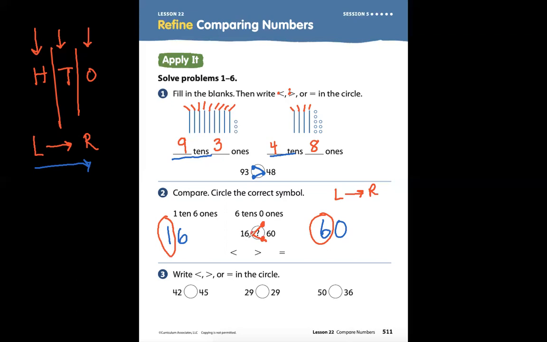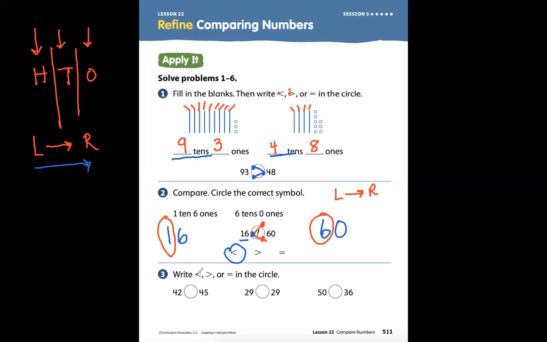While it does tell me that, we read from left to right. So here we say 16 is less than 60. Problem number 3,